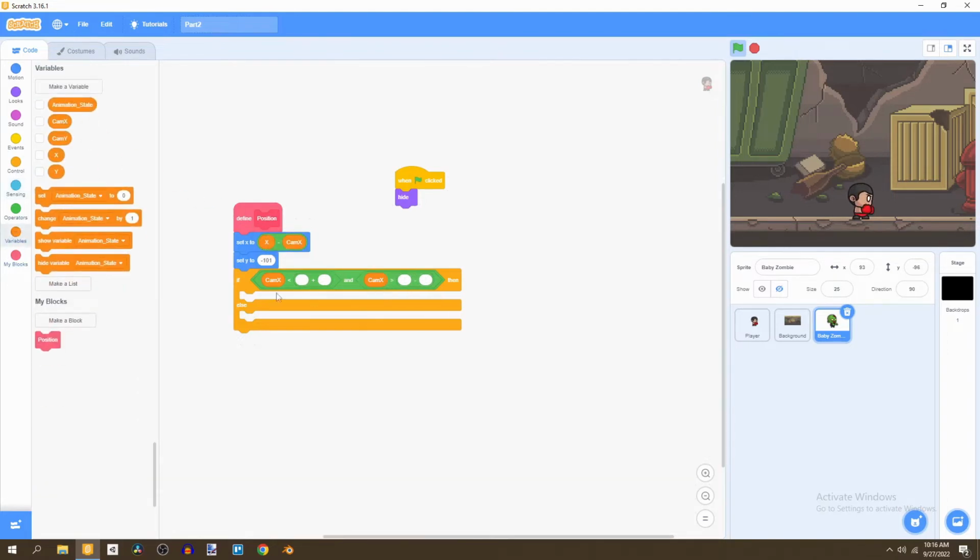And now what we're saying, if cam X is less than X plus 252, and then X minus 252. So this is what we're doing. What this basically does is we're looking if we're inside the range of our camera, and if we are,